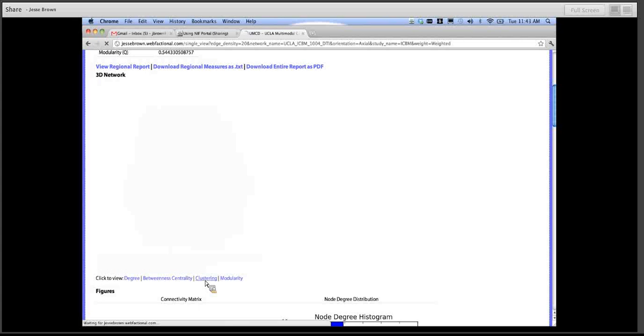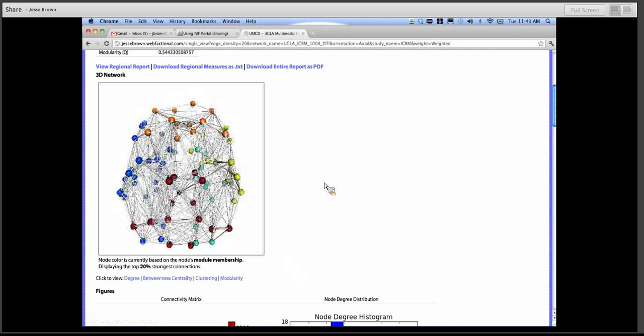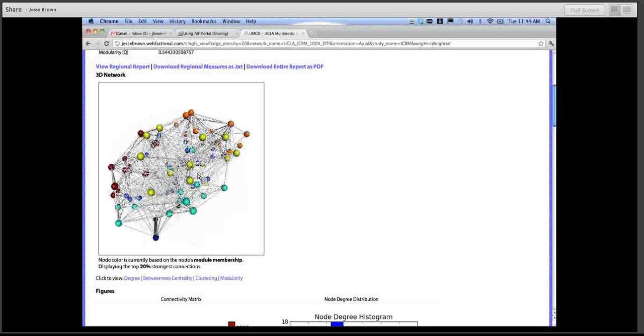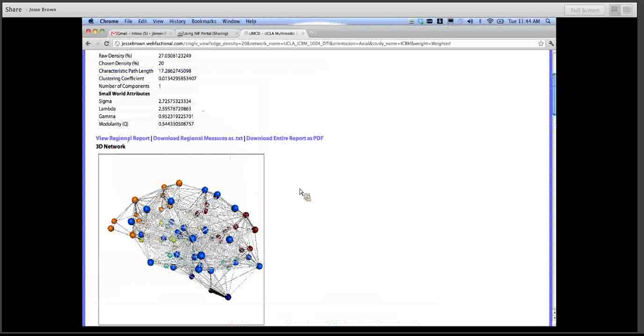If you click here, and like any good demo, it seems like it's having a problem. Let me try and show you the modularity here, and it looks like it's computing right now. Okay, so in this case, the radius of each sphere is 1, and you can see these different modules highlighted in these different colors. So this is one feature here. I see I'm taking my time here, so I'm going to try and